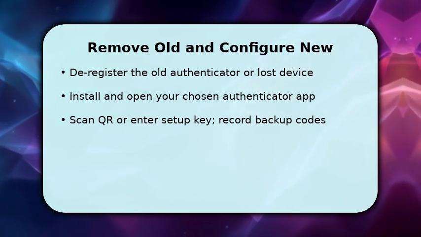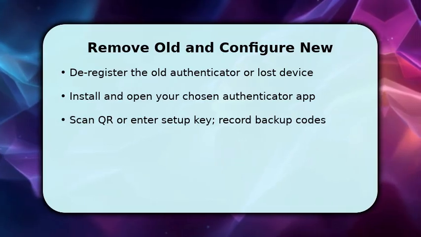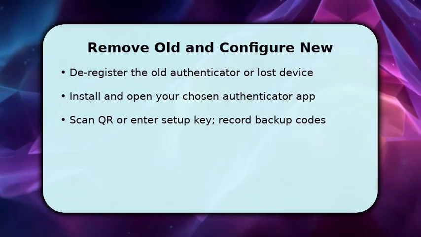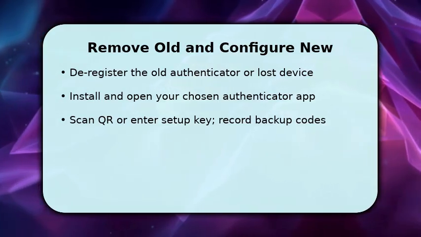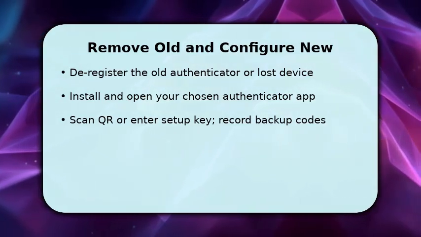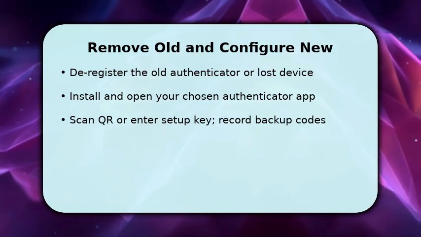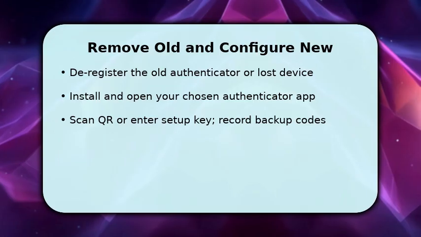Next, install an Authenticator app on your new phone and open it. Choose to add an account. Once the site shows a QR code or setup key, scan or type it into the app and generate the first verification code. After entering that code to confirm, copy the provided backup codes to a secure location for future